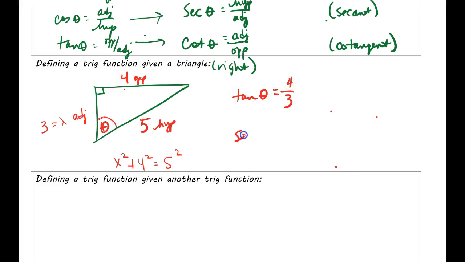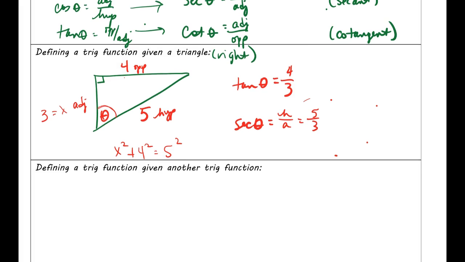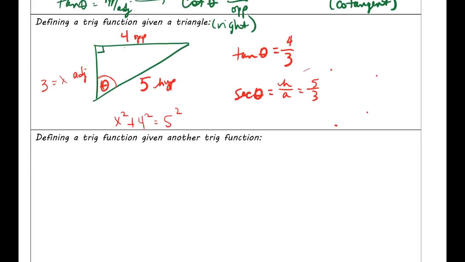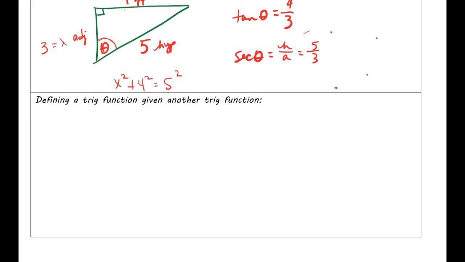If they had asked you about the secant of theta, if you look above, secant says hypotenuse over adjacent. Hypotenuse over adjacent, so that would be 5 over 3. And you would stop right there. So that's the beginnings of the application of the 6 trig functions. It's going to get way crazy intense later, but for now, it's good to just practice where things are located and how they fit together.